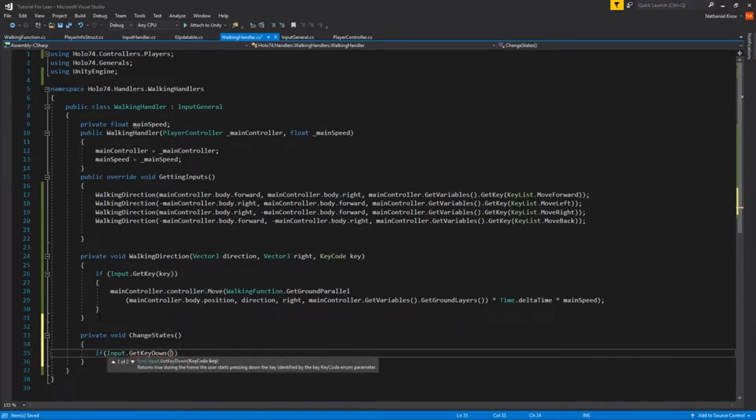This one we're only going to be using one type of key, unless you're using multiple keys. I would suggest using one. So get key down, we'll come back over here, or main controller dot get variables dot get key